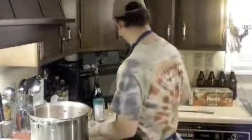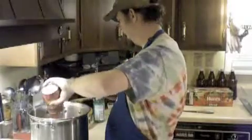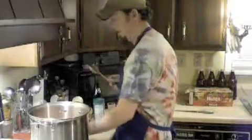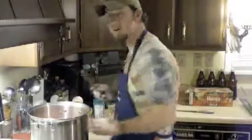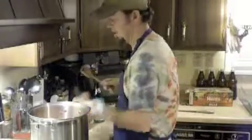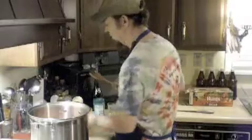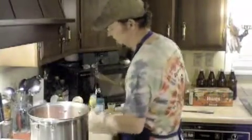Alright, so I'm back, and after a short assessment, definitely needs more tomatoes, so I'm going to add 4 more cans of tomatoes, so that's a total of 9 big cans of diced tomatoes. Like I said, it's a big batch of spaghetti. It freezes really nice, especially if you have a food saver that sucks all the air out. So 4 more cans of tomatoes, 1 more can of tomato paste,